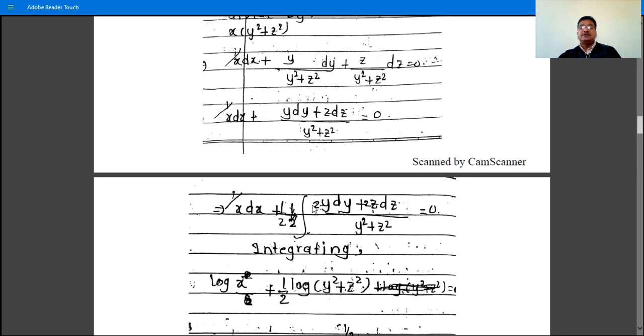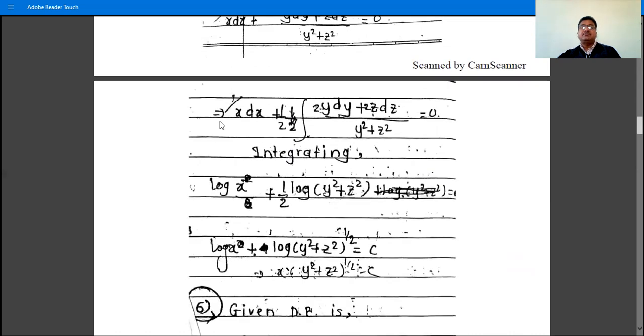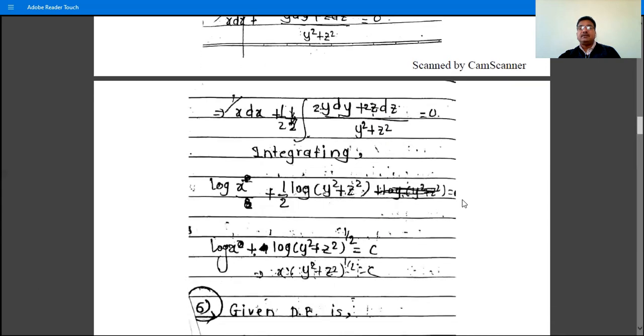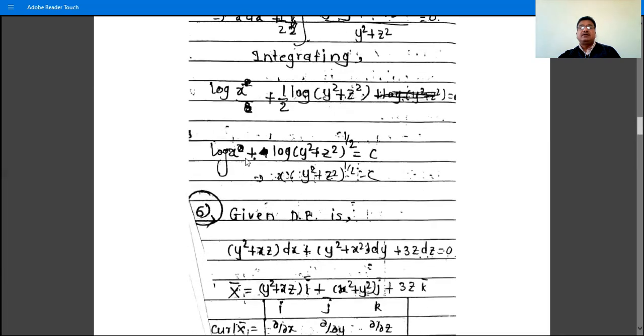So adjust 2. Divide by 2 and multiply by 2 and integrate. What we get? Integration of 1 by x is log x, 1/2 is constant, and integration of 2y dy plus 2z dz divided by y square plus z square is log of y square plus z square, by the rule f dash x divided by fx. So it is log fx is equal to a constant of integration, suppose c or c dash, and then log 1 by